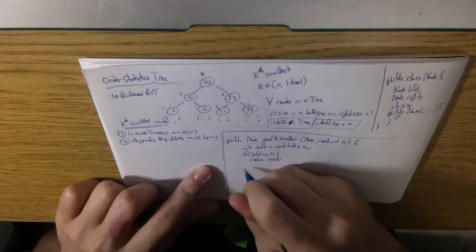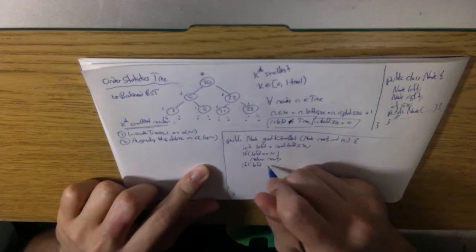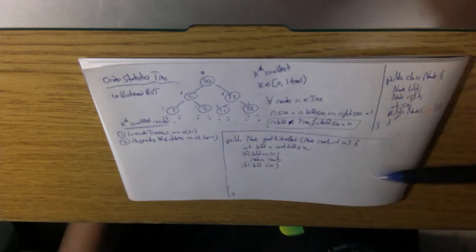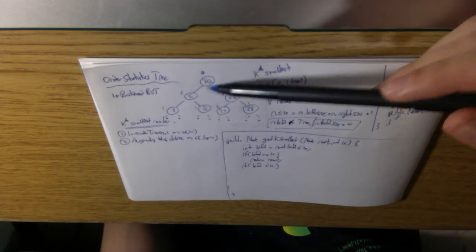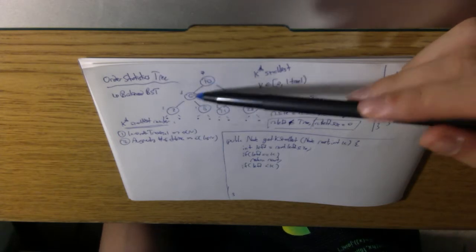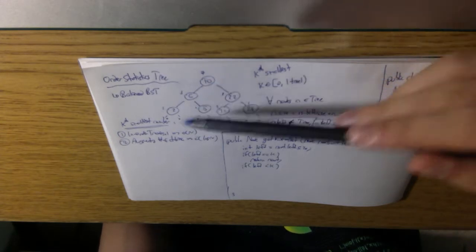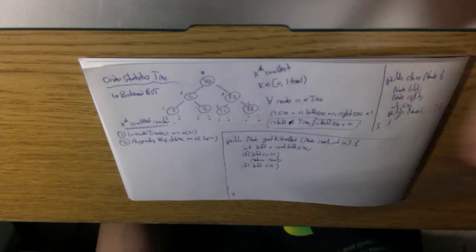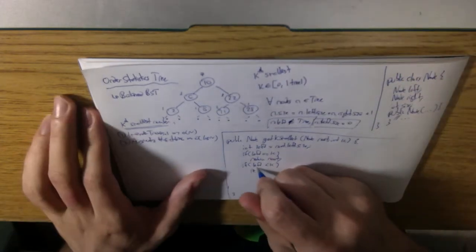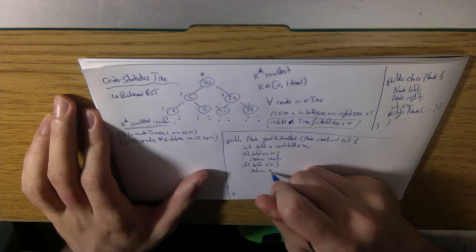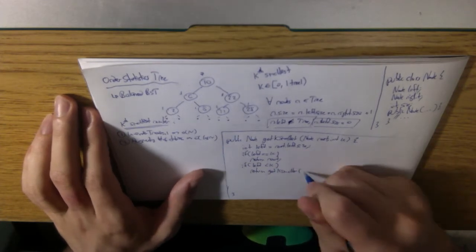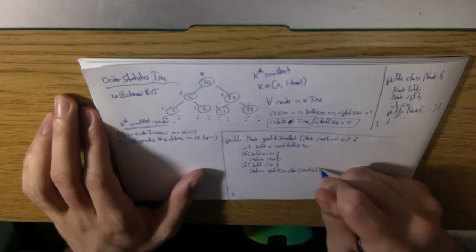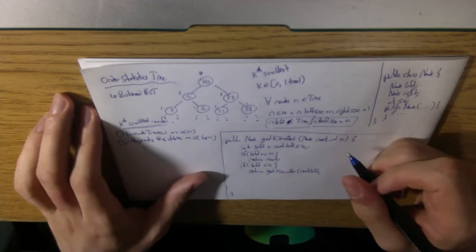Now we also have if left is less than k. So this is the case where we're starting off at the root of 10, and let's say we're looking for k equals 2, so the 3rd smallest item. We would go 1 to the left and continue iterating through. So in this case, we would recursively call getKSmaller, and we would just continue on the left node. Since left is less than k,